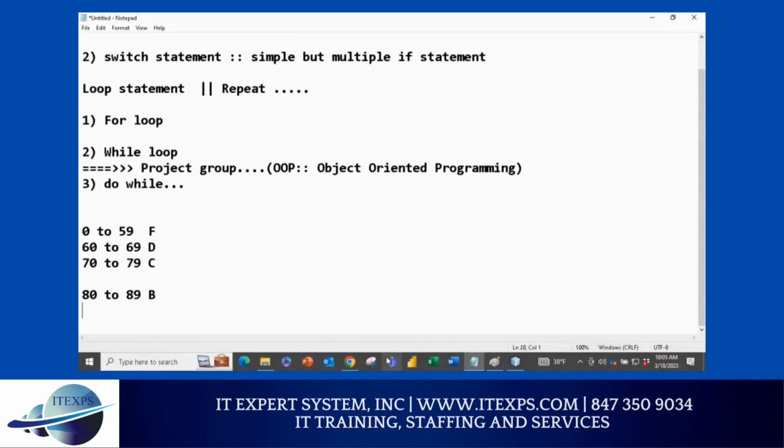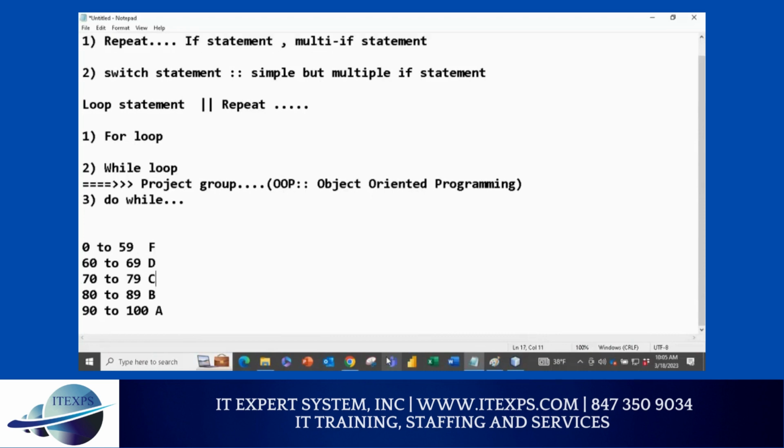And 90 plus, so 90 to 100, you get A grade. Do you guys agree or not? This is something rubrics we follow. Do you agree? By the way, majority schools or colleges follow this.